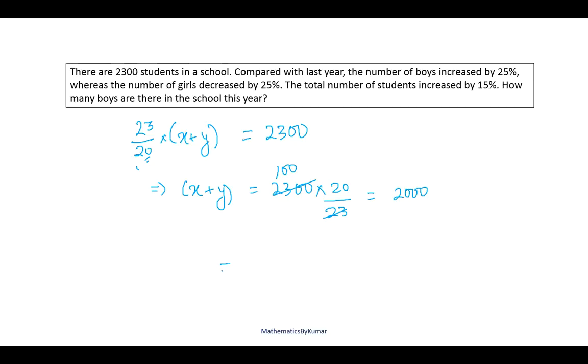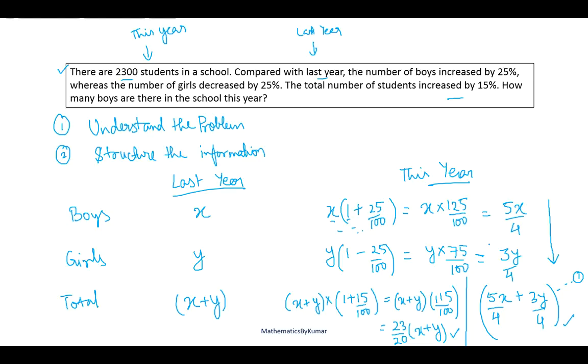So what I'm getting is my first equation in x plus y. I know that x plus y is 2000. So what I've found out is that last year the total number of students was 2000. Anyways, I've achieved one equation in x and y, right? But to solve that I need another equation. If we go back, we saw that